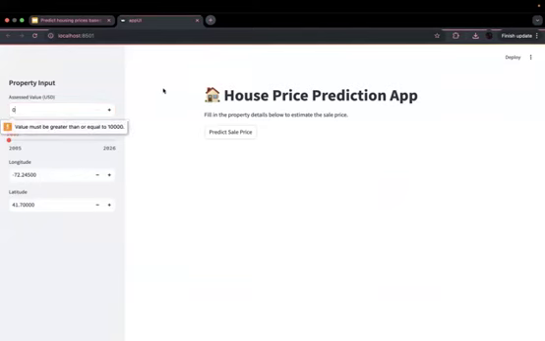As here you can see, we have already a property input and the assessed value, the sale year here, the longitude and the latitude. User can just input their own value here and just click the predict sale prices, and they can predict their houses value. So for example, if we have a house has an assessed value like say 300K, okay, 300K, and